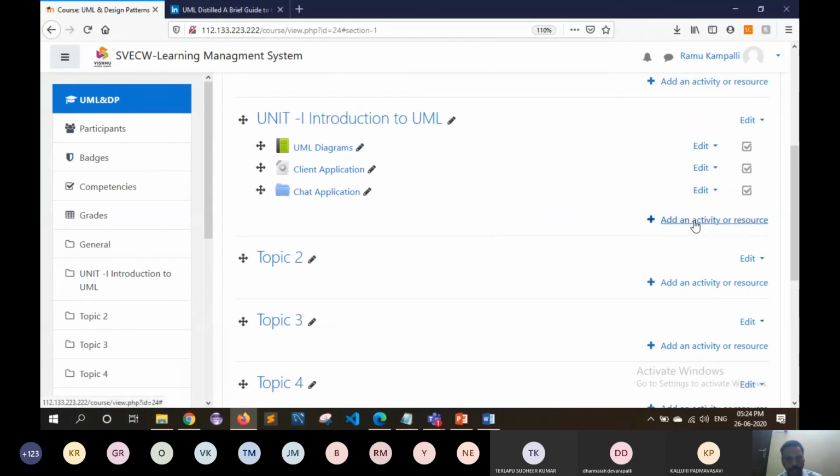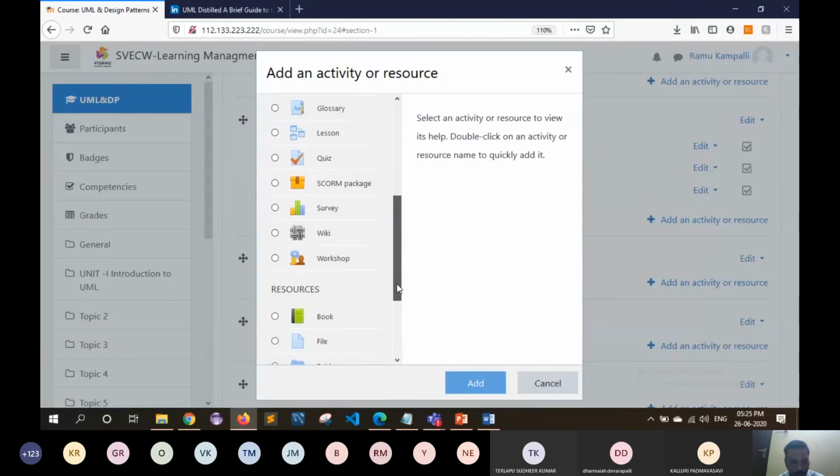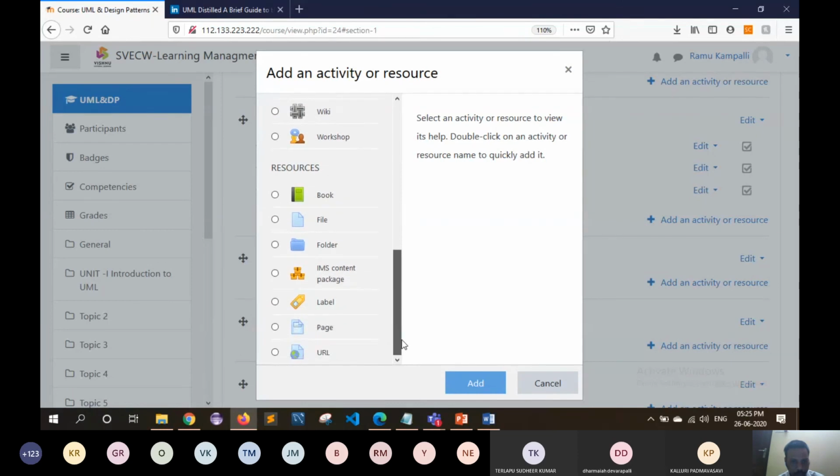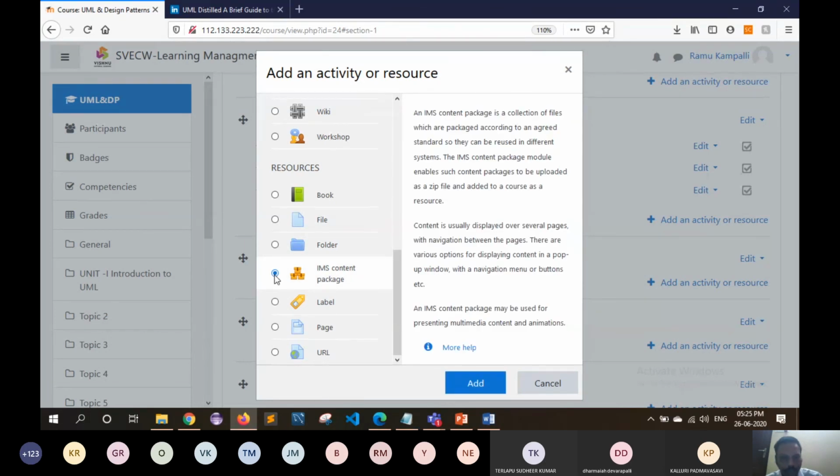So this is another resource, the file and folder, and then we have another kind of content preparation file that is called the IMS content package.